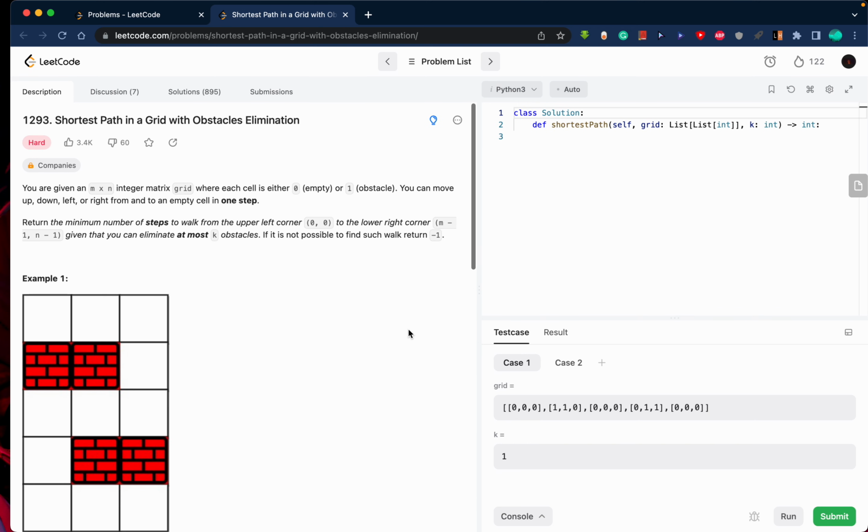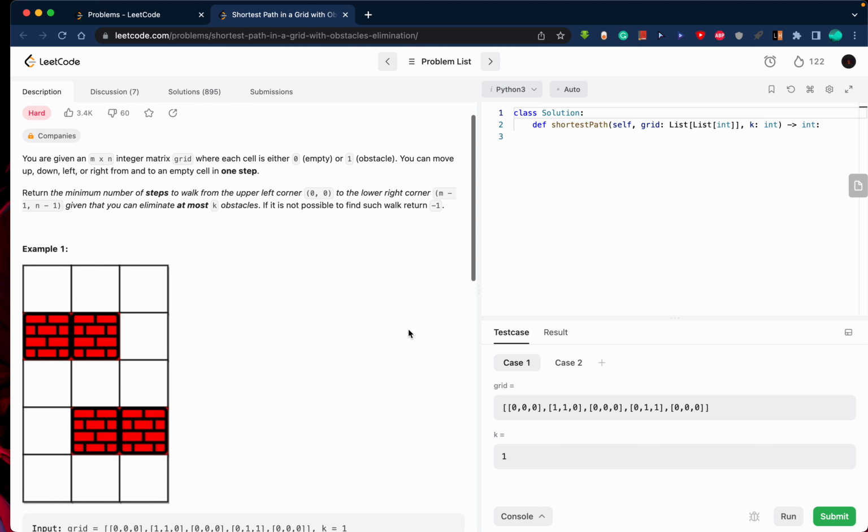Okay, so today is a hard problem. Shortest path in a grid with obstacles elimination. So we are given a grid of size m cross n, and every cell is either 0 or 1. 0 means it's an empty cell, and 1 means there's an obstacle there. And I can move in all 4 directions,